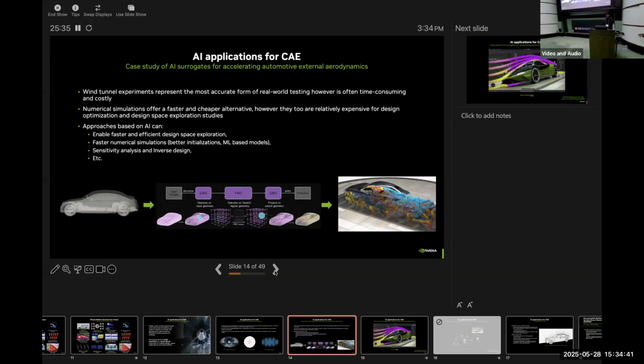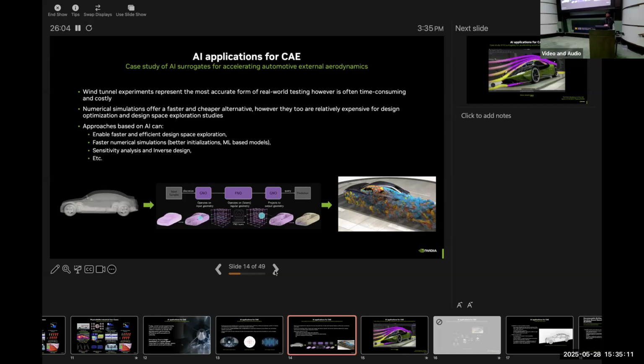Some of the benefits that these AI models can offer here are faster, more efficient design space exploration. Assuming that we have this trained model completed, you could quickly change the geometry, quickly change the boundary condition information, and then have the flow field visualized at almost real-time speed. You can also use some of these for faster numerical simulation itself.